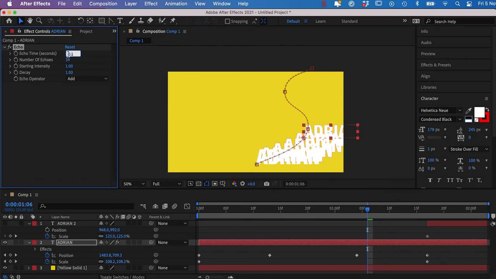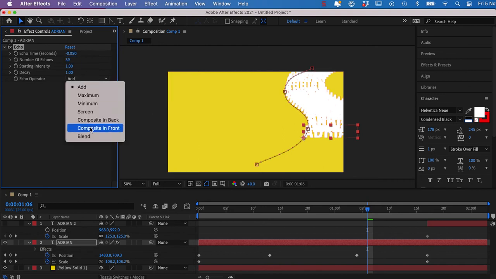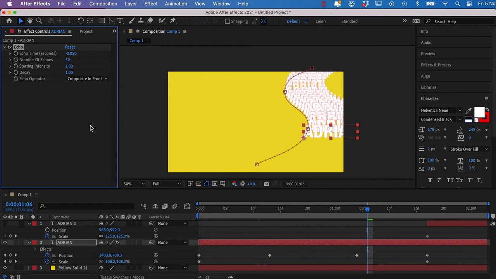We have to put in a negative value, negative 0.1, 0.05, and we're going to go echo operator, composite, and front. And what you're going to see now is that we see all those lines because it's always placing it in front. So now we can go back and say, okay, what about